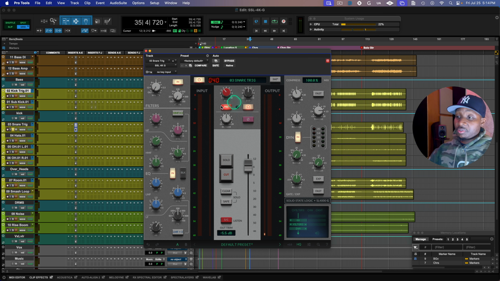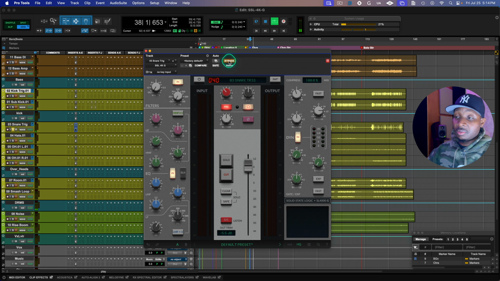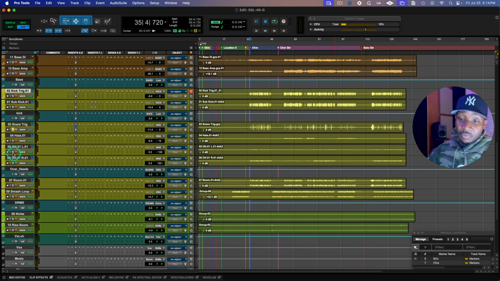So there it is. If you want to, you play with that, and maybe you want to use it, maybe you don't want to use it. But it's there for you if you want to get super creative and come up with something maybe different. Completely two different snares. And the other thing I want to bring your attention to is